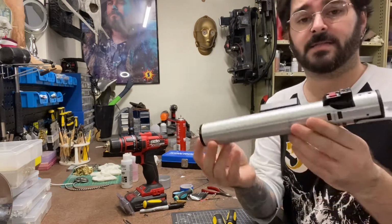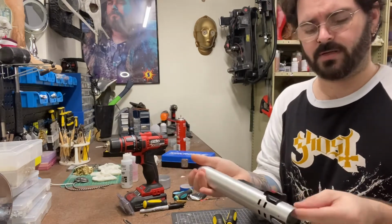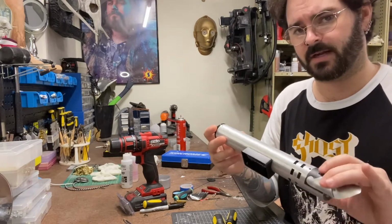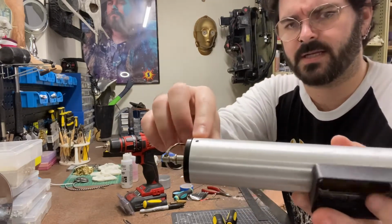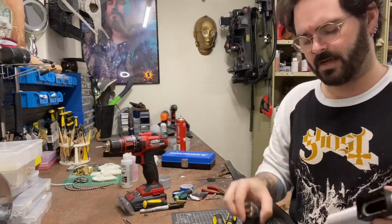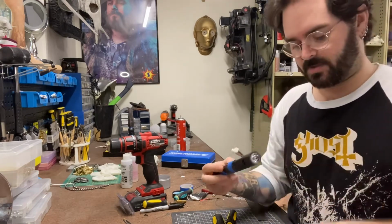So that is excellent. While we are at this stage, I need to drill and tap a couple of holes. So there's going to be one up in the top here that's going to have a little 3mm bolt through it. And I've got these ones down here that I want to have little 3mm bolts through as well, and that'll hold my end cap in place. At that point, I can mount my electronics into it, which also,